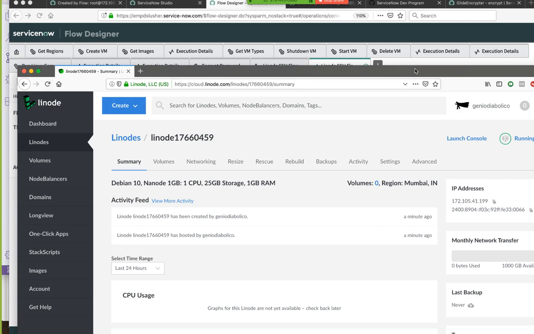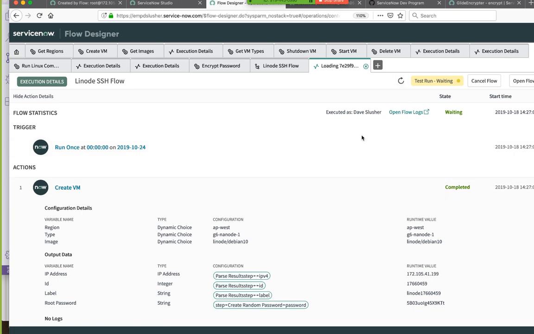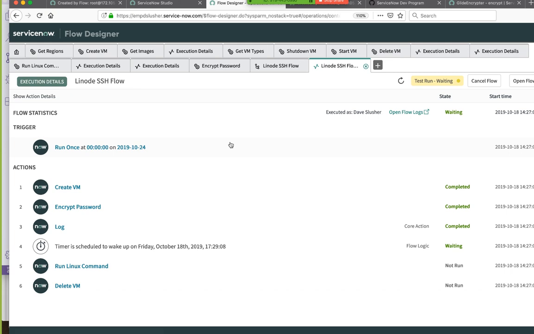Okay, so this one is up. It's running. The flow is waiting on the 2 minutes, so it's got about 30 more seconds to wait. And all we really want to do, and we'll consider it a stunning success, is if you see an SSH attempting. We know it's not going to work, or it seems unlikely it's going to work, and that's probably something in mid-server configuration, something we'll have to figure out amongst ourselves. But this is the strategy.